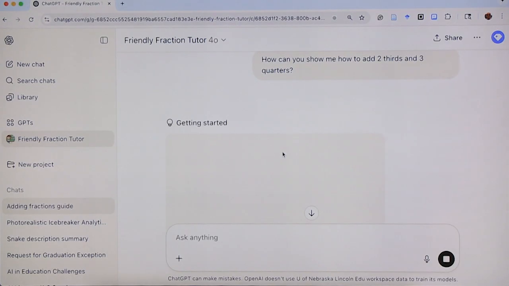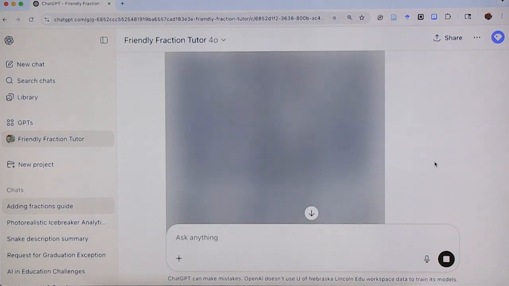You have to give it a little bit of time, because this is a way to show the work. And ChatGPT and this tutor is using different methods and different approaches to show you how to do the work. In this case, it decided to create a visual.